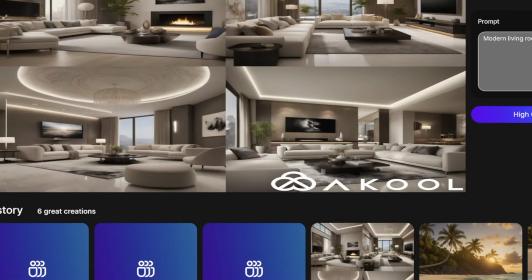Okay, so now let's move on to something else that's pretty cool. I'm gonna come back up here underneath platform. Let's try the background change. Okay, we're over here in background change. You can either generate a photo or you can click